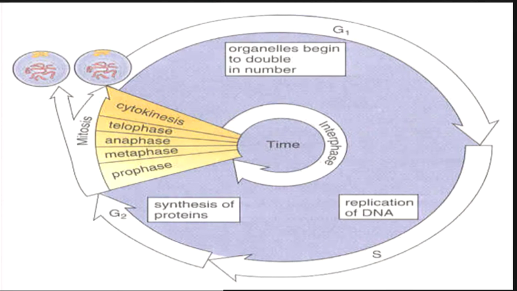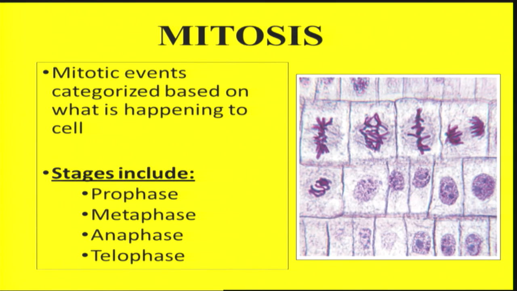This is a typical cell cycle, and we can see that most of the time the cell is in interphase. G1, S and G2: it is the G1 phase during which most of the organelles would duplicate. Then in the S phase, the replication of the DNA would take place, and in the G2 phase, most of the proteins would be synthesized. That would be followed by the M phase or mitosis phase. The mitosis phase is further divided into prophase, metaphase, anaphase and telophase. This would comprise the karyokinesis, and after that cytokinesis would result in the generation of two daughter cells from the single mother cell. Now,